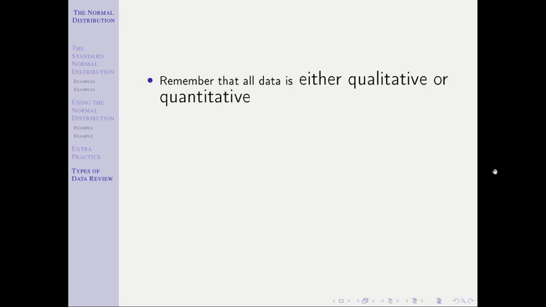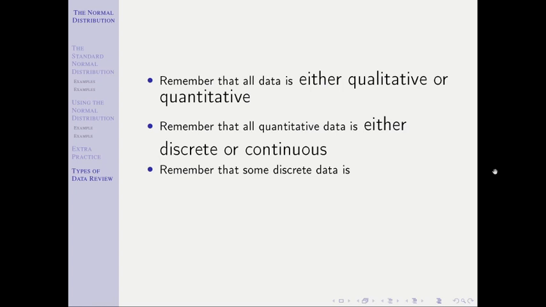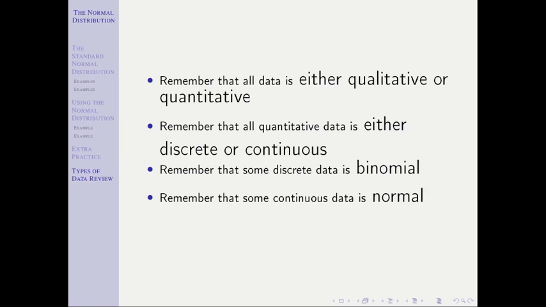All quantitative data is broken down into either discrete or continuous, right? If you are a number, that number either has gaps or it doesn't. Cannot be neither, cannot be both. Some discrete data is binomial. So when we see a situation that is binomial, we know that is discrete. When we see discrete data, it might be binomial, it might not be. And similarly, some continuous data is normal. When we see a normal data set, we know that is continuous, but not necessarily the other way around. So make sure we're thinking through that. Anytime you see a normal setup, all of the rules of continuous data apply to it, maybe not the other way around.